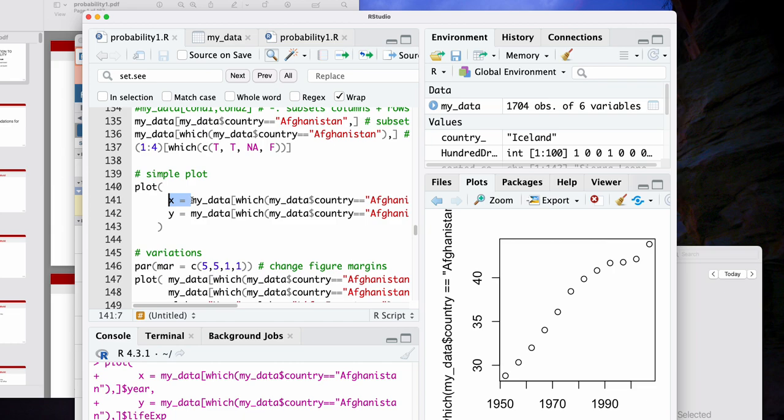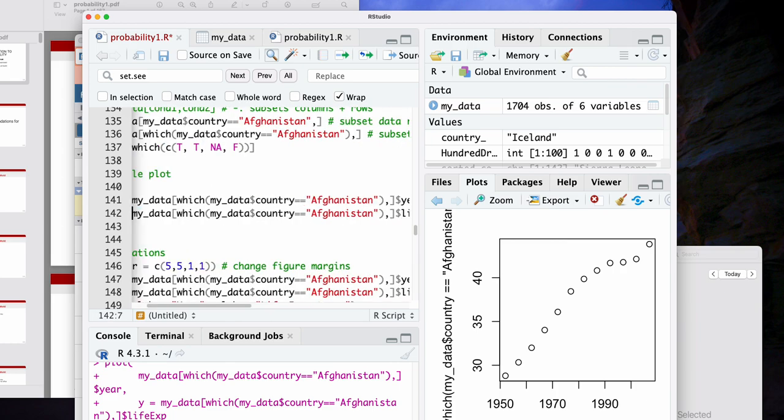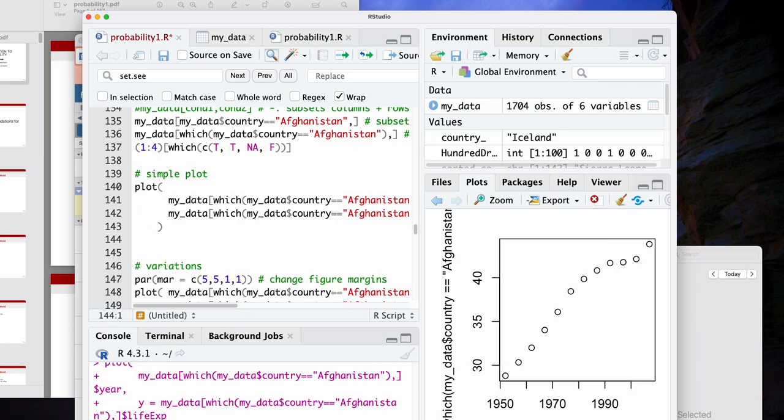But a few things to note. You don't need to put in the X and Y, but you can, and it's often much clearer to. In functions, there are things known as positional arguments. When we define the plot function, the function is going to assume that the first thing is X, and the second thing is Y. Based on the position of the argument, an assumption is made about what that argument is. This is known as a positional argument, and it's useful in various other programming languages too.